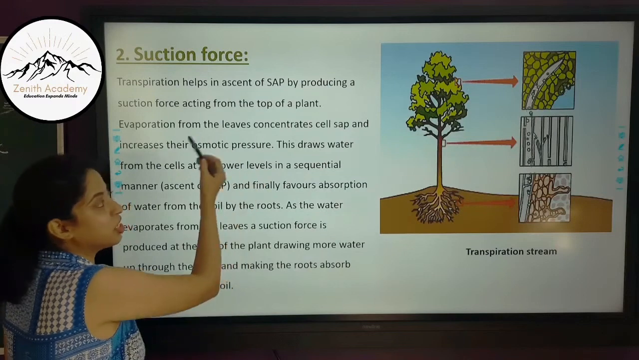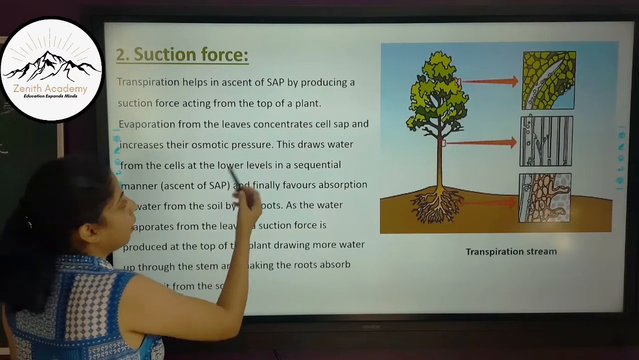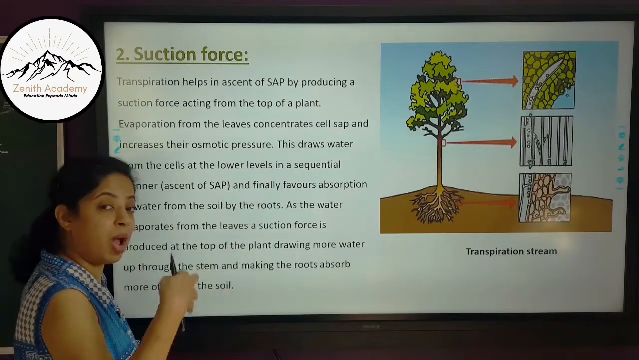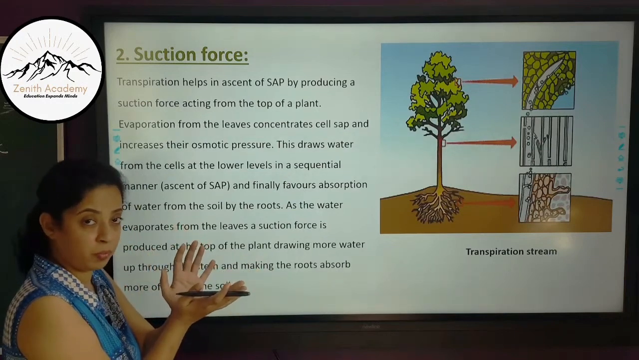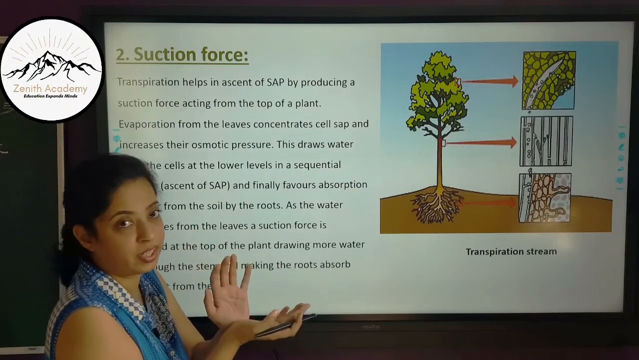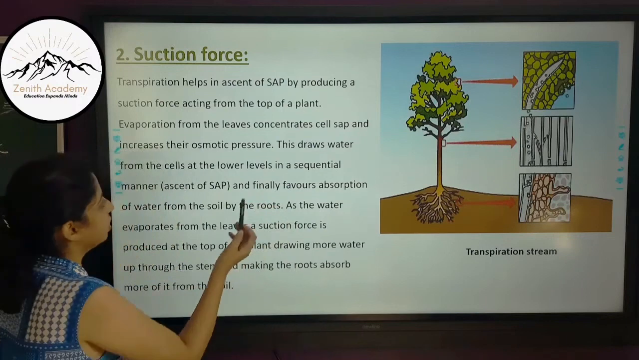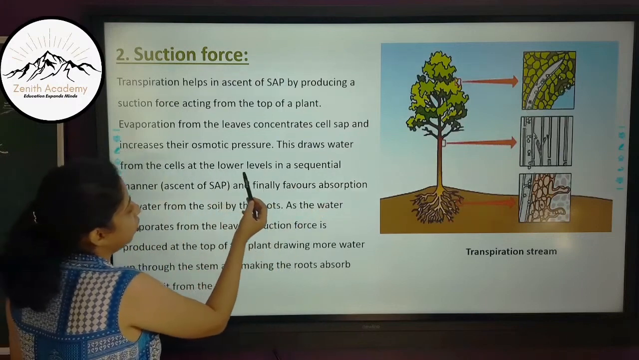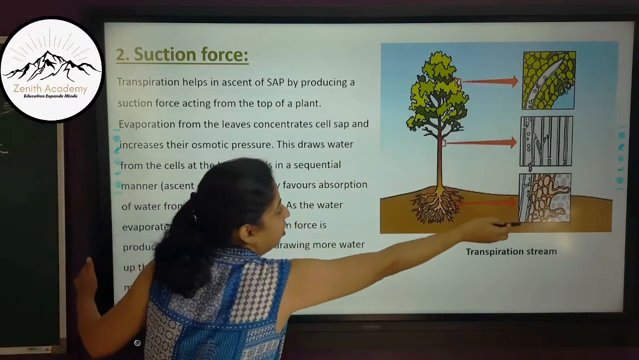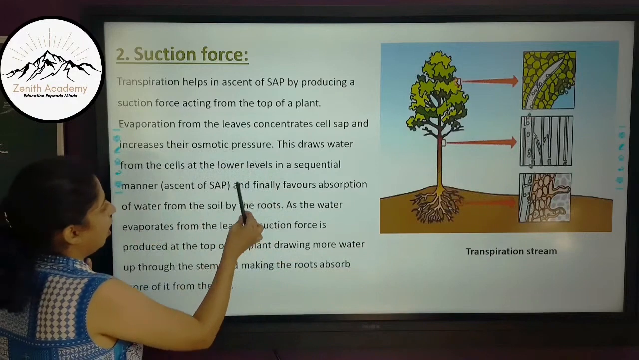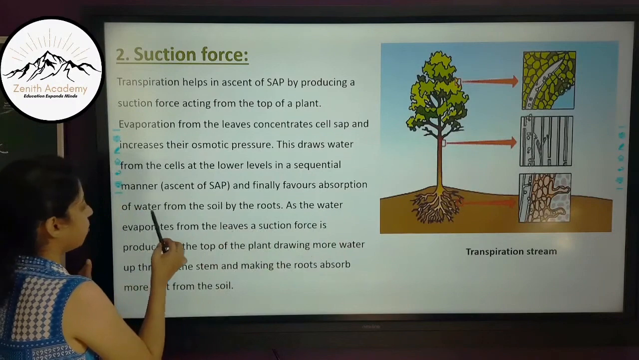So now since the concentration of water is less, it will absorb water from the nearby cells. And as we know, the water flows from high concentration to low concentration. So now we have less concentration of water, or we can say the cell sap is concentrated. It means the concentration of water is less. So it will take water from the more concentrated cells. This draws water from the cells at the lower levels in a sequential manner. In sequence, so it will take from stem, will take from roots, in a sequential manner, which is known as ascent of sap,